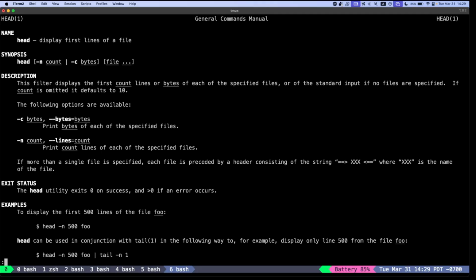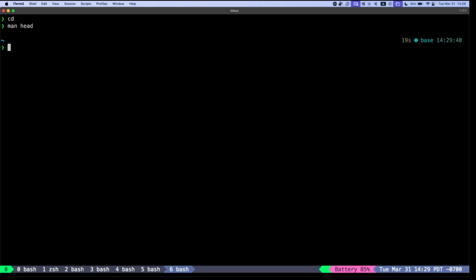By default, it's 10, but you can use the -n count to limit the number of lines you want to see. Tail does the opposite. It brings you the bottom x number of lines of files. The less command and the more command